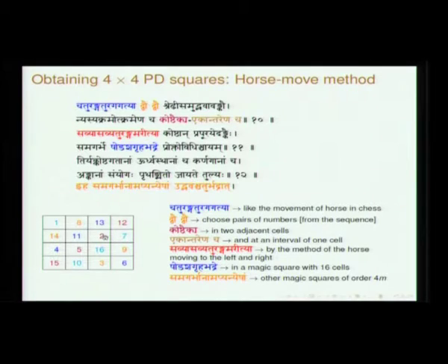So you start with Turagagati 2. So how many possible ways can I place in Turagagati 2? So having placed 1 here, I can have only 4 ways. So look at this, this is one way. The second is to place at this place, this is also Turagagati. Then the third possibility is you can go up and then go there, so that will be mapped here, fine. So it is a sort of torus. Other possibilities you move on this side, so you can go here and then you will reach here, this will be mapped there. So between 1 and 2 you have 4 possibilities, there are 4 ways in which 2 can be placed, given you are placing the 1 at the topmost left cell.